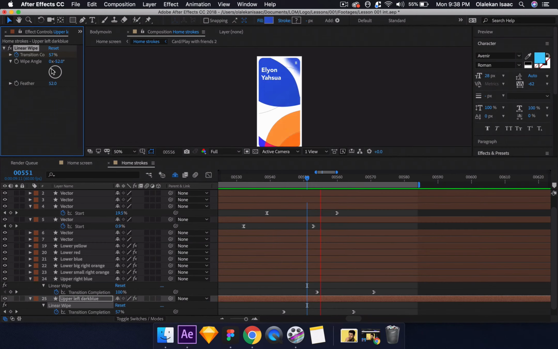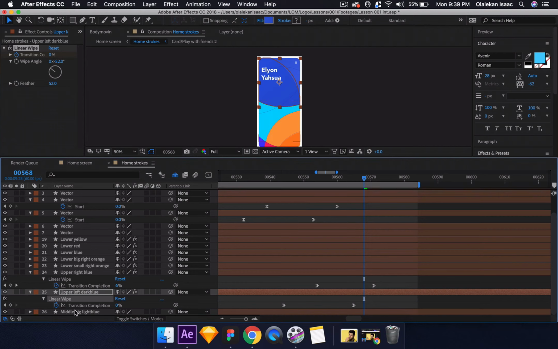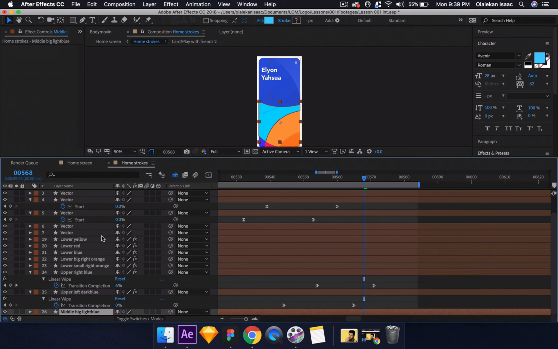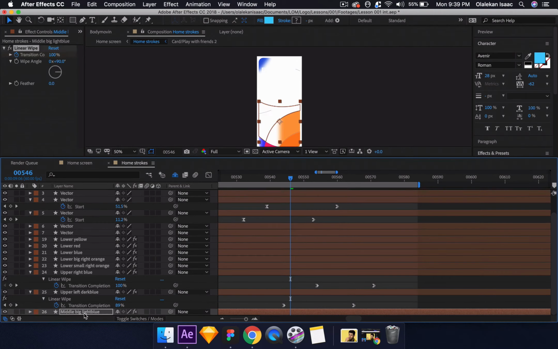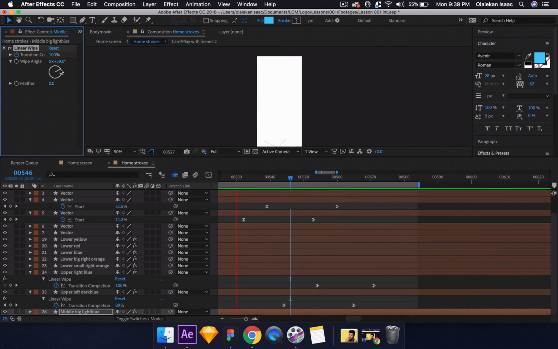Yes, this is better. I think the last person is this one, and the vector is this one also. So they actually share the same vector. At this point, we could just bring it in also and just paste it. We can make it start from around here. Yes, that's fantastic. Apply our feather too. Beautiful, beautiful. So when this is done, we want to clean away the stroke